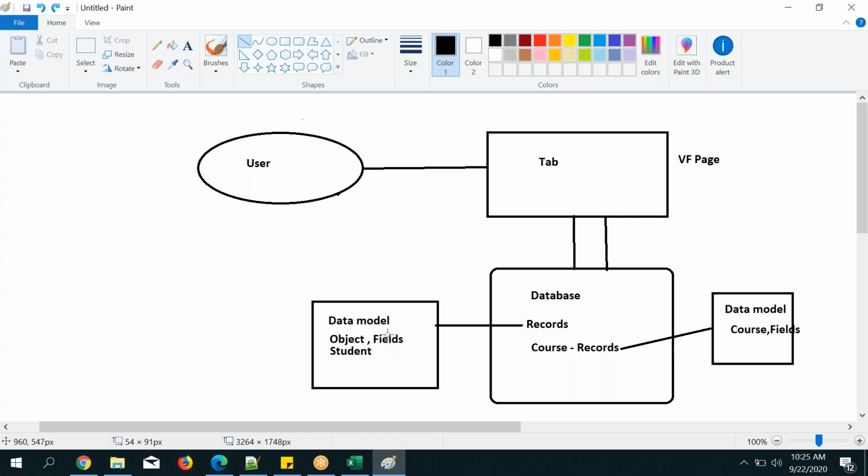For the fields, you only need to add the data, and there are different ways to create the records in the database.